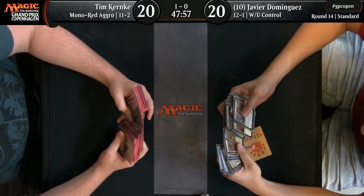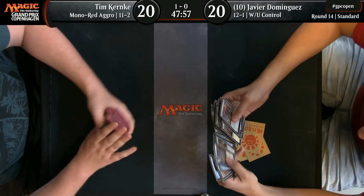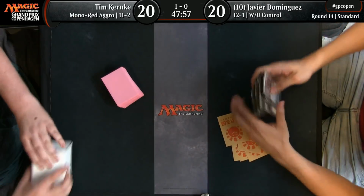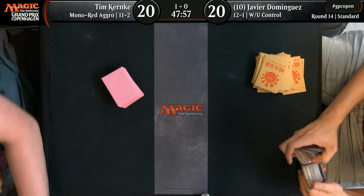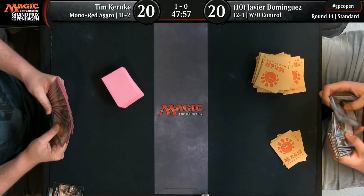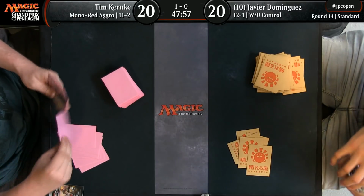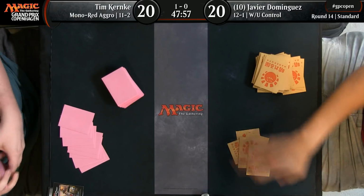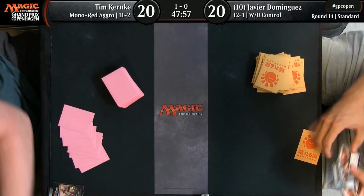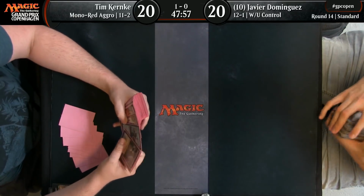Well, Kernke had said that one of his goals for his first GP was to get a feature match. He's got a feature match. He's playing the 10th best player in the world, and he's won his game 1. Not bad, not bad. And now we come into sideboard, and I think Tim actually prefers... It's kind of huge for him that he wins game 1, because usually these blue-white decks are ahead in game 1 because they have such a...